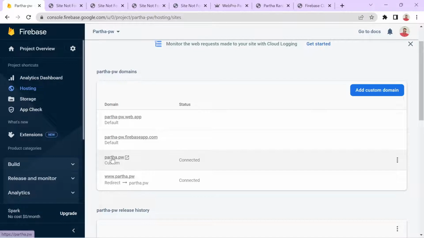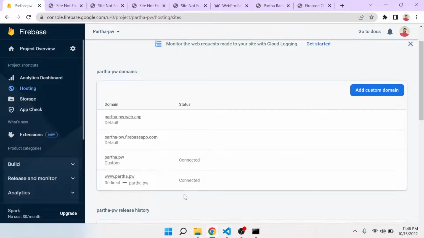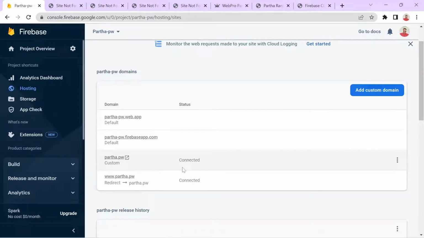Now we have configured the domain. We are pointing the domain to our server. Everything is done. You can see the status is displaying connected. Now our next step is how we can push our local changes to this